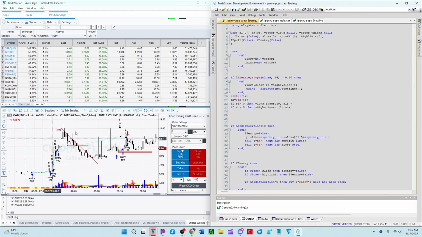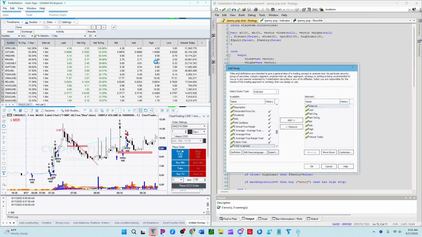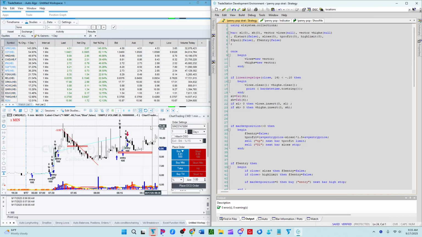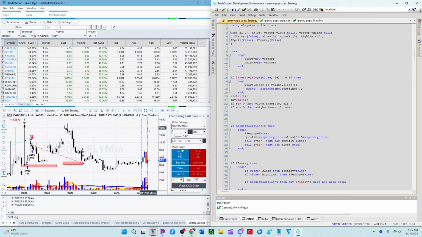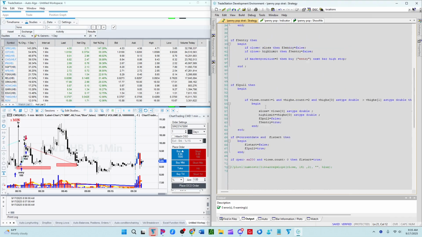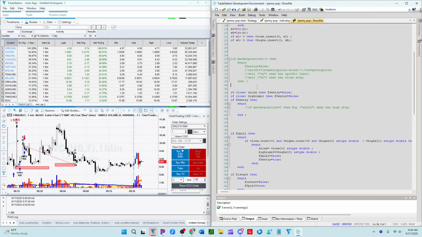You can't apply your strategy to your radar screen. Okay, so if you come over here and you add a plus here so that you can start adding studies to your radar screen, you'll see that you'll get indicators, show me's, or paint bars. Okay, but you can have code run from your indicators. You just have to set it up right, and that's why we're using this one. So, but now we just need to figure out how to do it